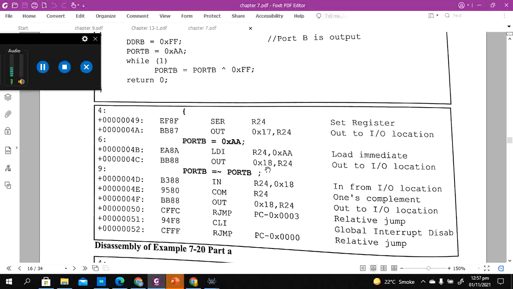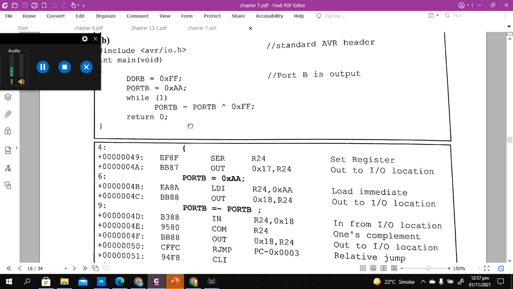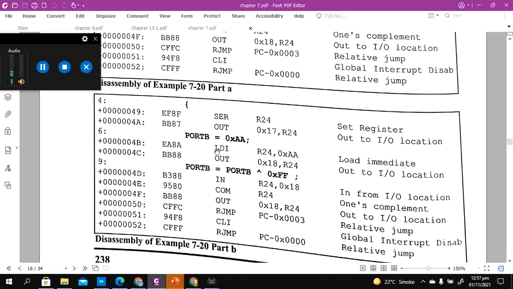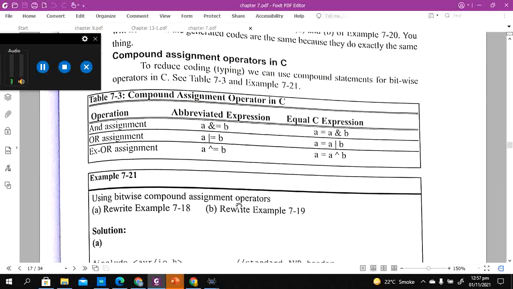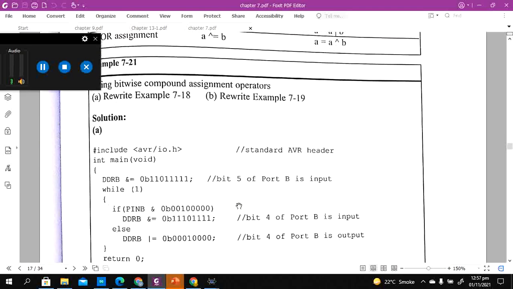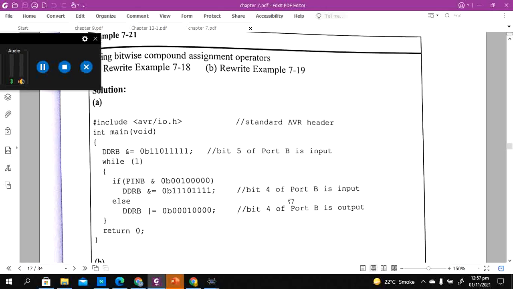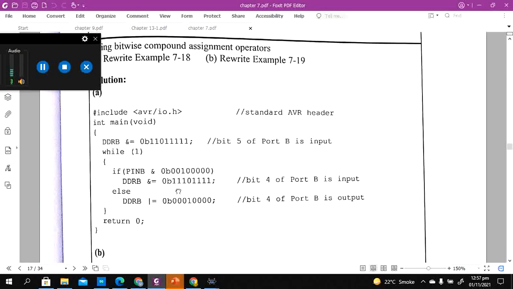So when we write in assembly, it's easier and more convenient for us to work at register level. But when we move to higher level languages like C, it becomes very easy to program, but we cannot directly visualize what's happening behind the scenes inside the ICs. So that's why C is a high level language. Now rewrite the examples with different types of operations.